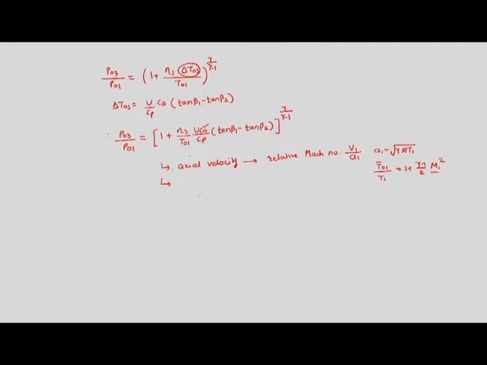Then the second factor which can help to raise the pressure more is the blade speed, U. But blade speed is also restricted by centrifugal stresses in the blade, and this stress is directly proportional to U square. So again there should not be a very high blade speed.